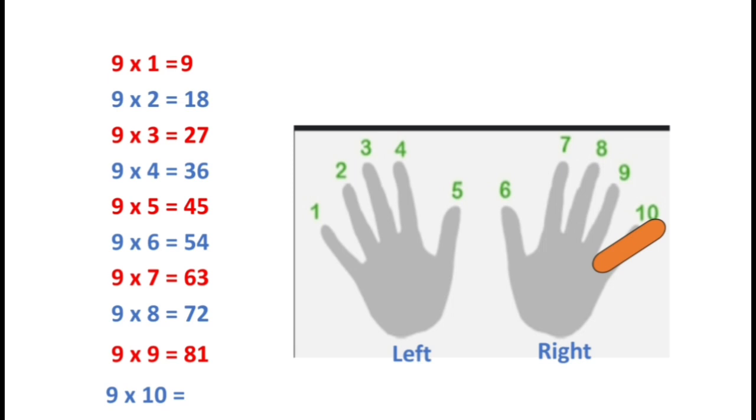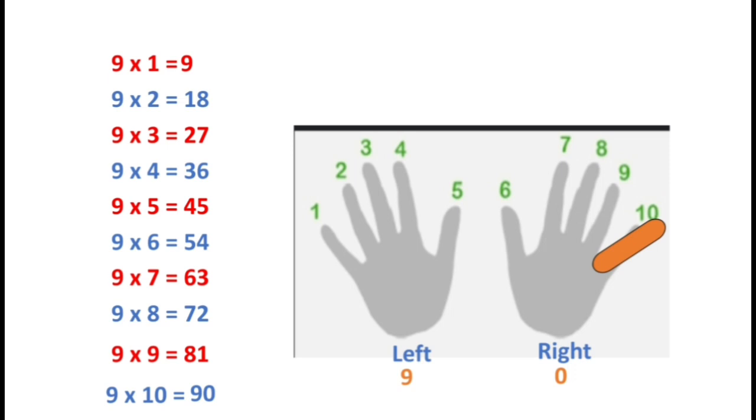we have 9 fingers before the 10th one. But after that we don't have any number. So we will write 0. 9 tens are 90. When you are doing this method, you can fold your finger. So here I can't fold it, that's why I have shaded. When you are doing it, you can just fold your fingers and use the same technique. You will get the tables.